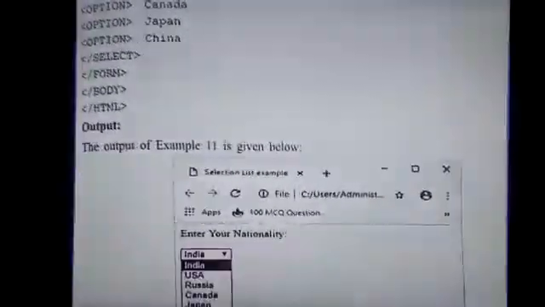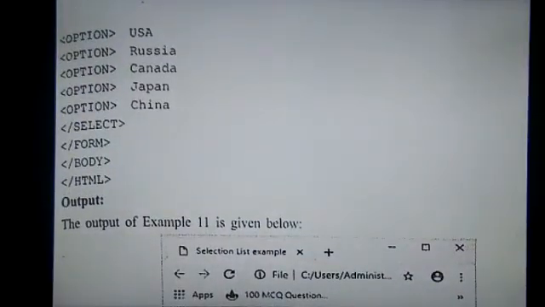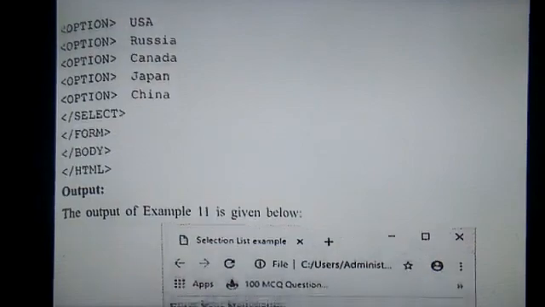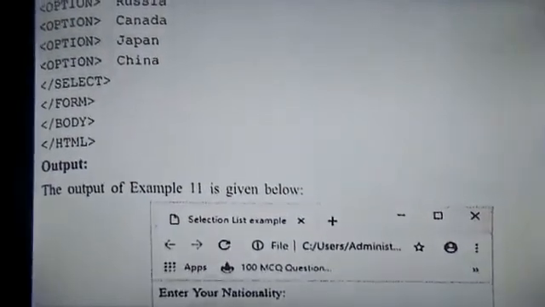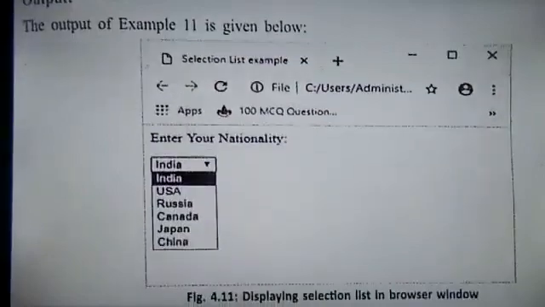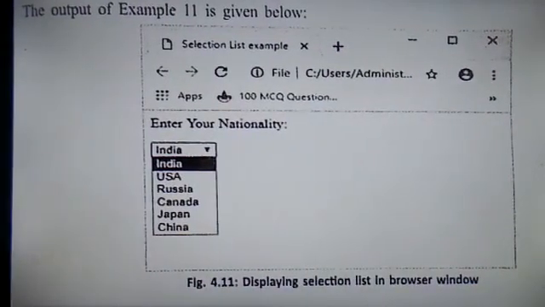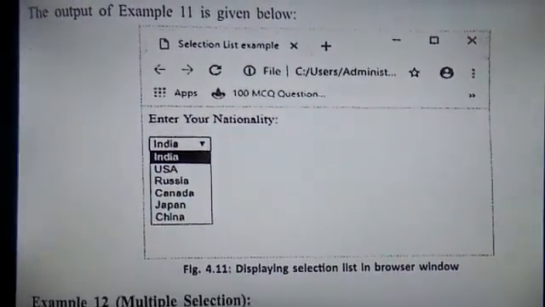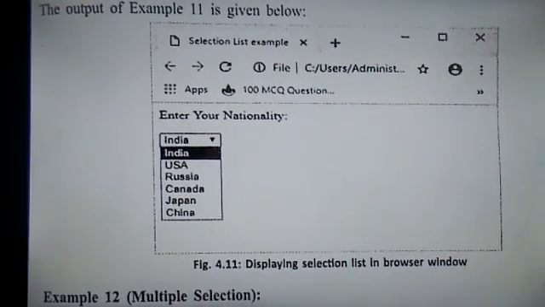Then other options are USA, Russia, Canada, Japan, China, close of select. Form is closed, close of body, and close of HTML. Now you can see so many options are there. Select the correct one. This is how you can have it for the single one.